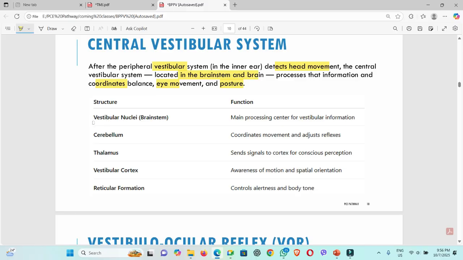So these are the structures: vestibular nuclei, cerebellum, thalamus, vestibular cortex, reticular formation. These structures integrate information from the peripheral vestibular system and process it,